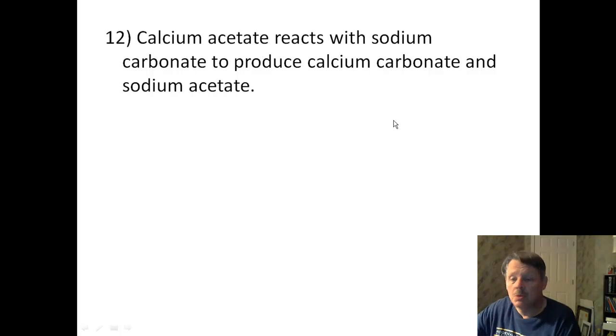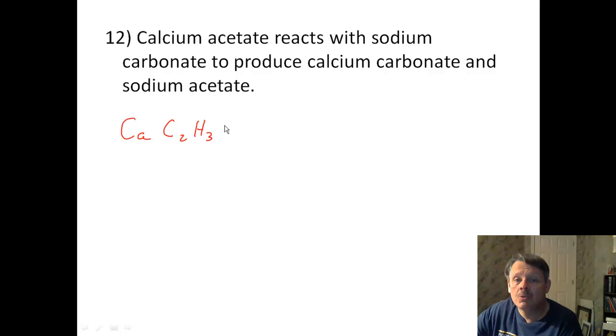How about number 12? Calcium acetate. Well, that's calcium, and acetate is C2H3O2. Now, calcium has a +2 charge. Acetate has a -1 charge, so I need two acetates. It reacts with sodium